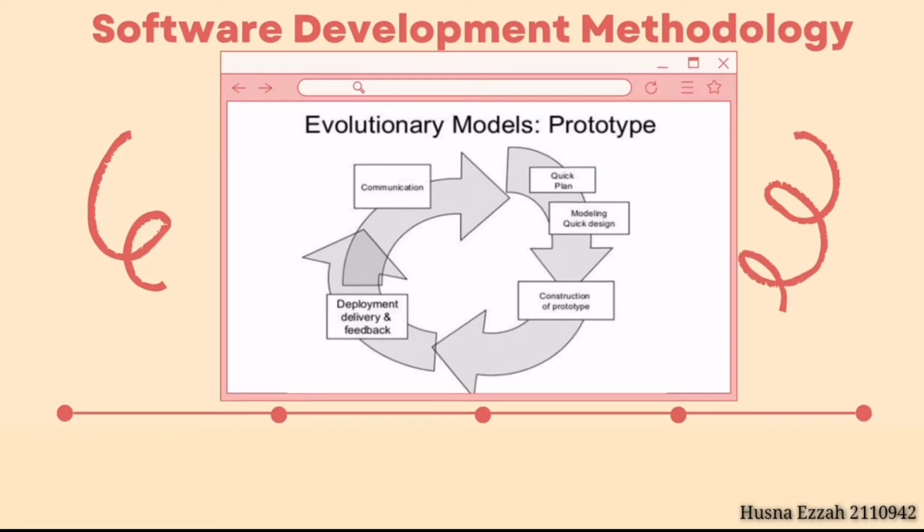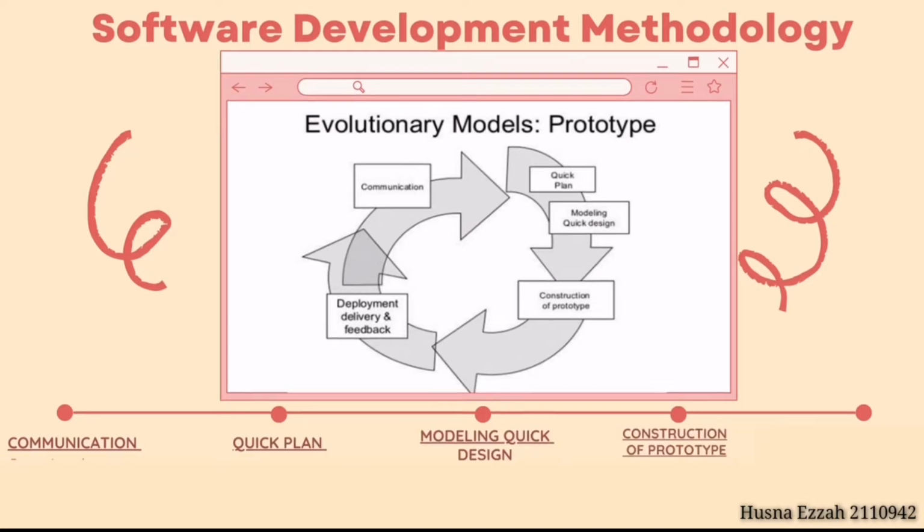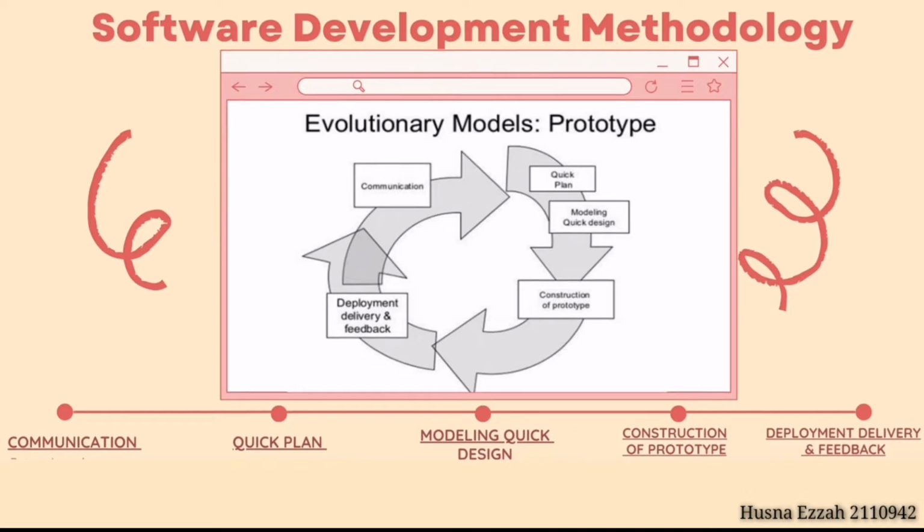This prototype consists of 5 phases, which are communication, quick plan, modeling quick design, construction of prototype, and lastly deployment, delivery, and feedback. The first phase is communication, which focuses on requirements gathering and analysis.